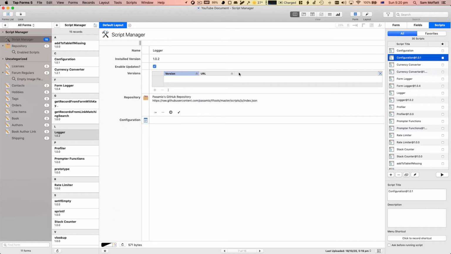Inside this JSON file is a version number that it points to for this script. And when I update that, I change the version number, and that's how it knows how to get the new version. Now,